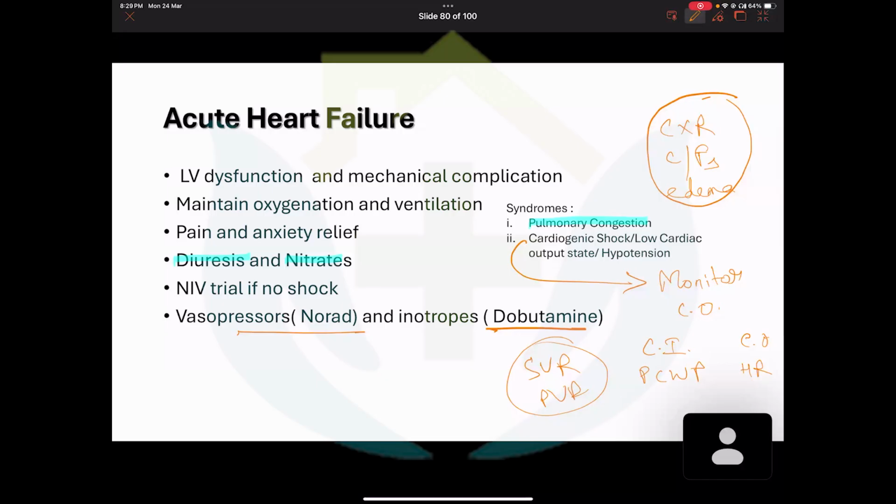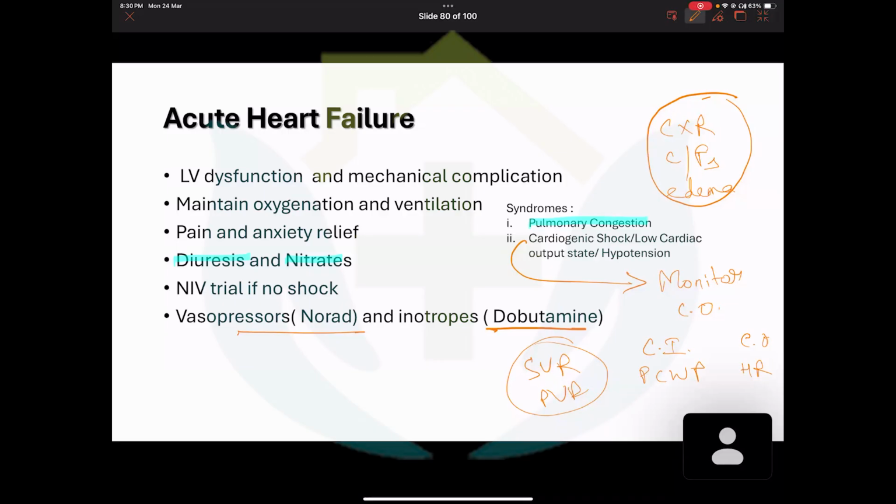Thirty minutes on those sites regarding these things will give a very clear idea of when to use dobutamine and when to use noradrenaline. If the SVR is more, go for noradrenaline. If the PVR is more, you can go for dobutamine. You can also go for levosimendan. But levosimendan in an ICU has an increased mortality. That is a bad effect, increased mortality or more chance of weaning failure in intubated patients. So nobody uses levosimendan.